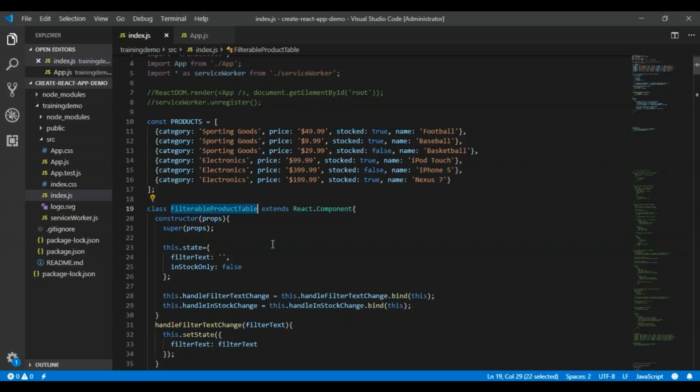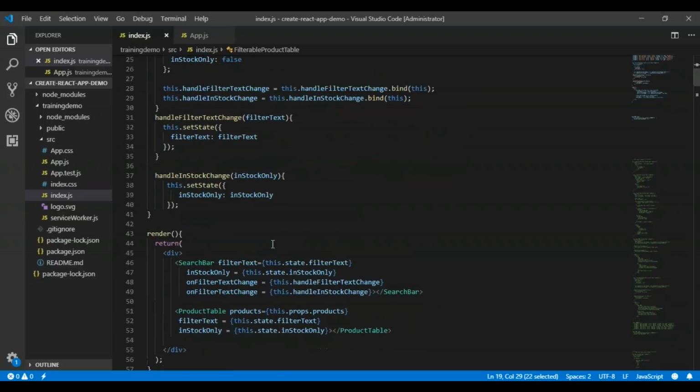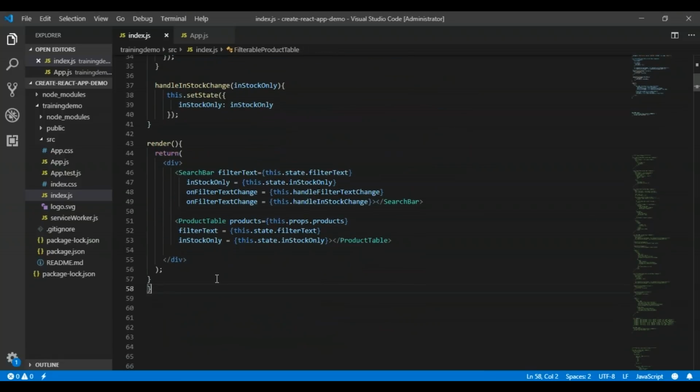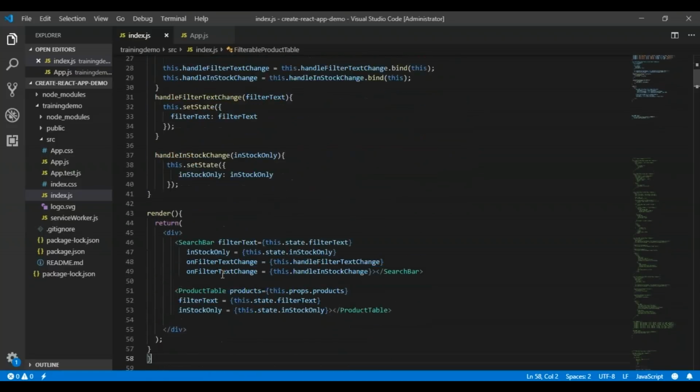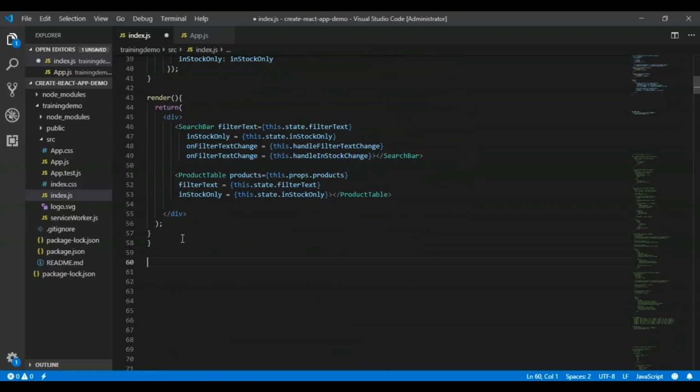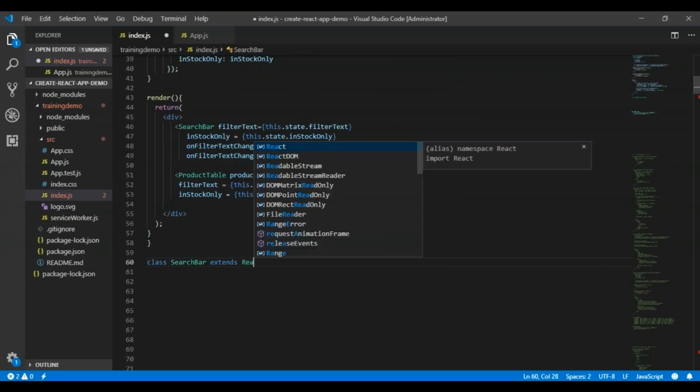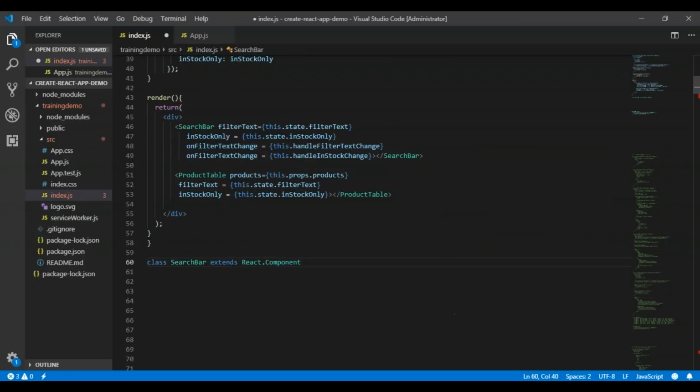So filterable product table is the first component which we have created, which is our base component, or you can say parent component. Now the other components which we are going to create are the search bar, which is a subcomponent, and the product table component. So let's start creating those components as well. The name of the component is search bar, which extends React.Component.